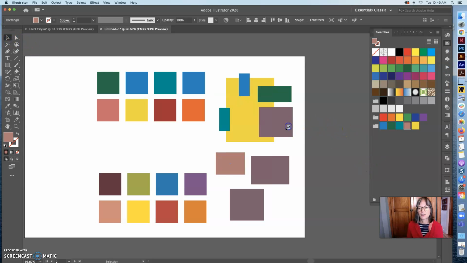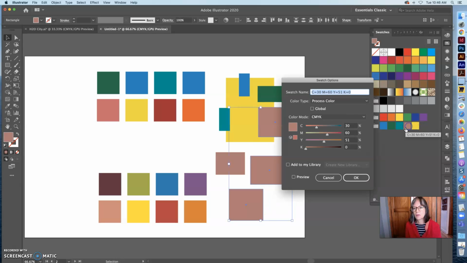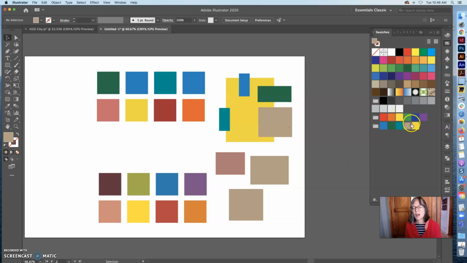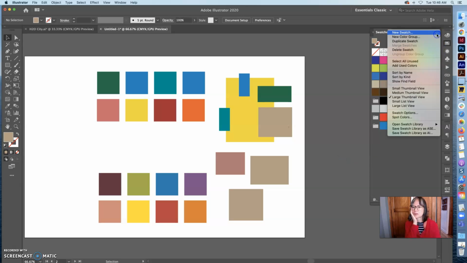It didn't change all of them. Well, if I go and select them all at once, which isn't what I wanted to do, I wanted it to change globally. So there are other ways to do it. I know that I have gone, and if you delete a swatch, for example,